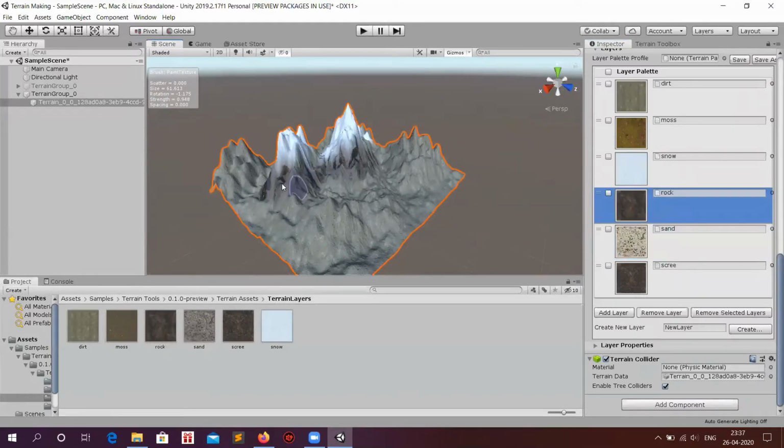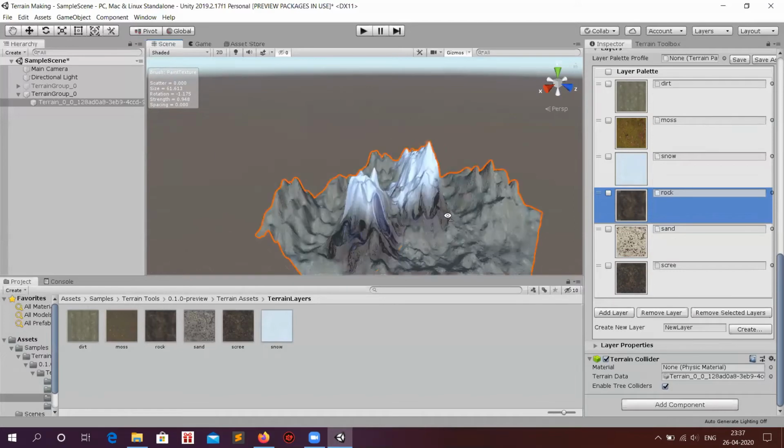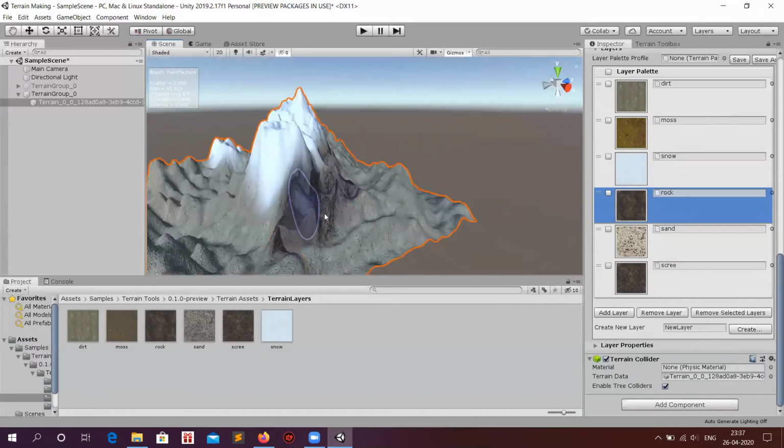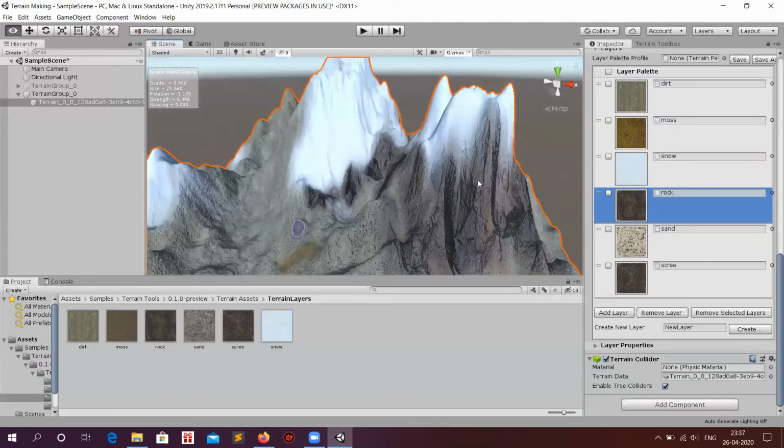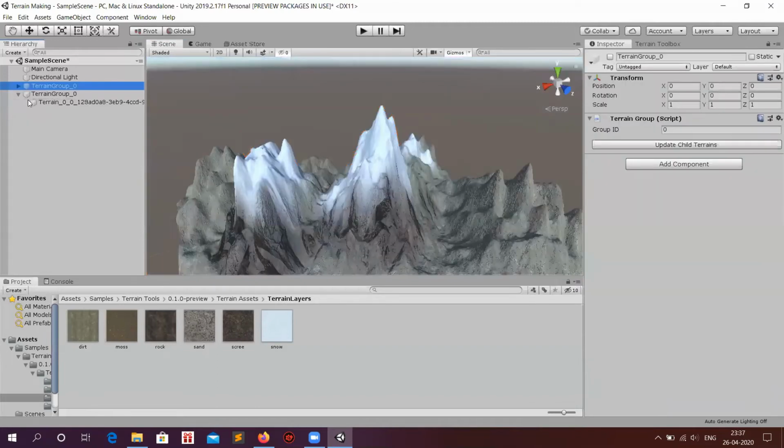There's not much grass or dirt when you go up the mountains. There's usually the rocks over there. You get the idea, right? This way we can just paint our own terrain, whichever way we like.